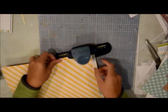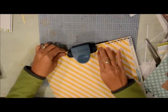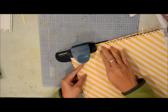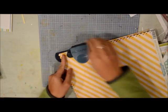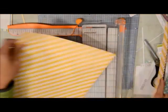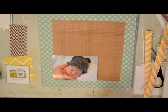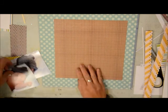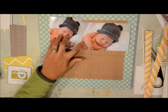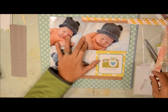Now this paper I believe is a pink paisley, and it's an older line. I believe it's called Nantucket, and I'm going to punch out a border from it. I just decided to punch the top, and then I'm going to punch the side of it just so I don't have to cut the strip on the bottom. And there are my scallop strips, which I'm going to adhere in 3 different places in my layout. And I trimmed that one 4x6 photo to about a 4x4 just because it had too much excess empty space. So I'm cutting that out,